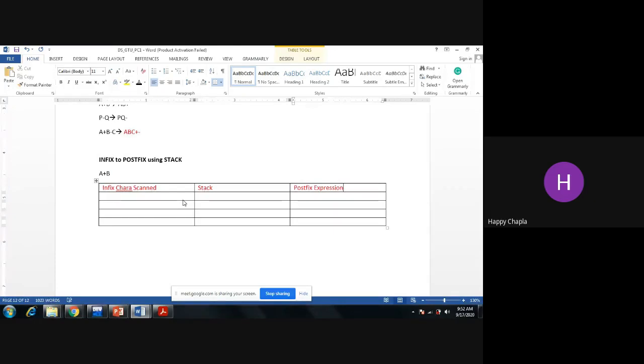So first rule we need to apply over here, that is you need to give starting bracket and closing bracket. As per our algorithm, first step, you need to push one starting bracket into your stack.